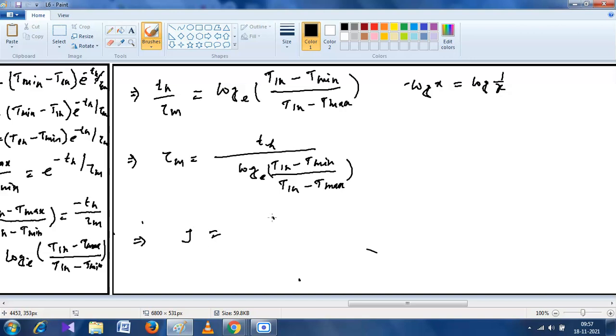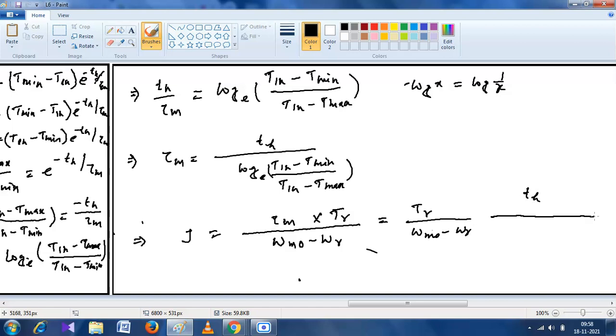J is equal to tau m by omega m0 minus omega r into tr। हम ऐसे लिख सकते हैं, j is equal to tr by omega m0 minus omega r, th by log of tlh minus t min by tlh minus t max। अब j का वैल्यू आ गया। यस सर।